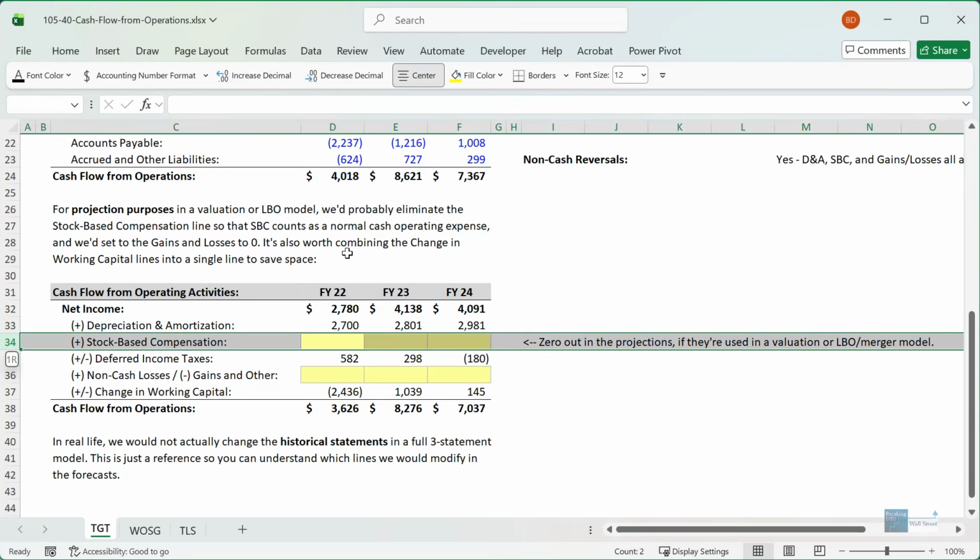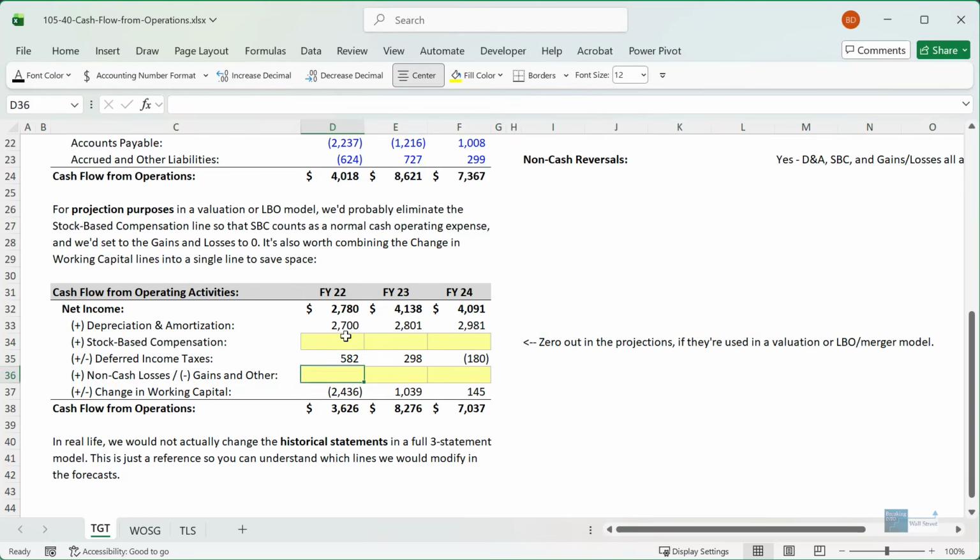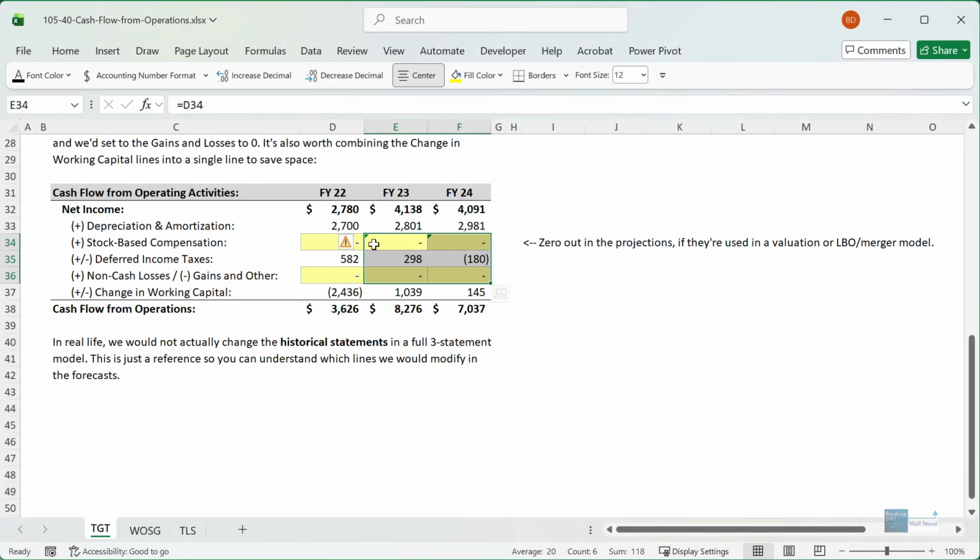Now, for the historicals, we would leave in the stock-based compensation and the non-cash losses and gains, but in the projections, we would zero out both of these. So I'm just doing this because we don't actually have a forecast here. In real life, we would leave the historicals intact, and then we would just set these to 0 in the